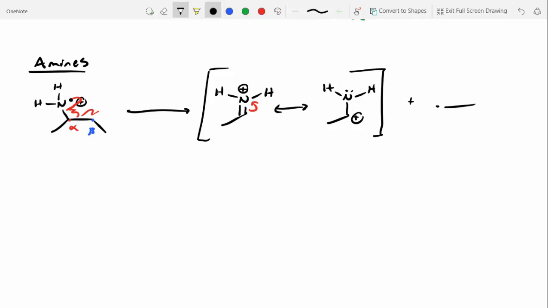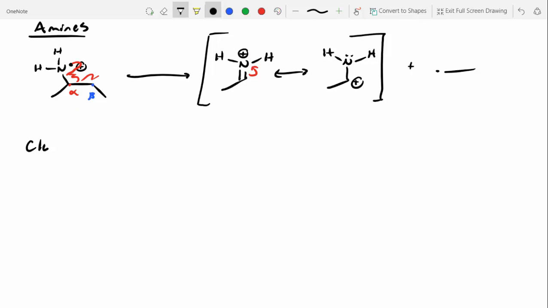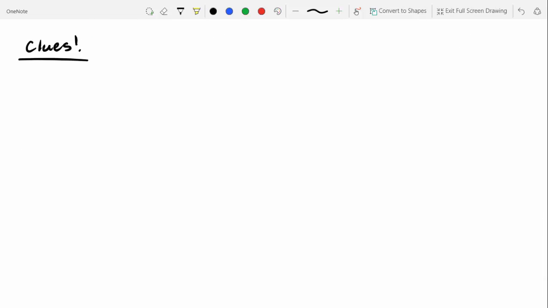There's a lot of clues we can look at. And so let's make a list of clues. These become like a giant puzzle. The more clues you have, the easier it is to solve. Let's say we have a mass minus 15 peak, meaning we see our parent or molecular ion, but we see another fragment that's 15 mass units lighter. What do you think this probably corresponds to? Yeah, loss of a methyl. So if we pop off a methyl group that weighs 15,